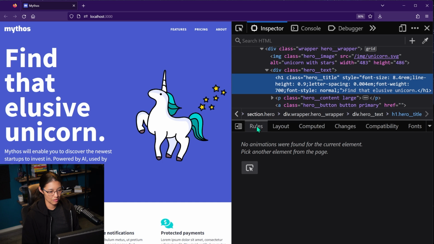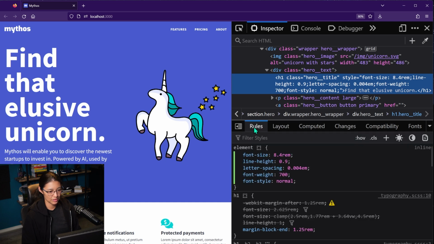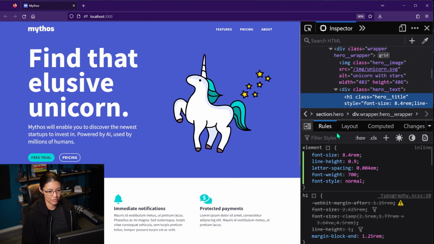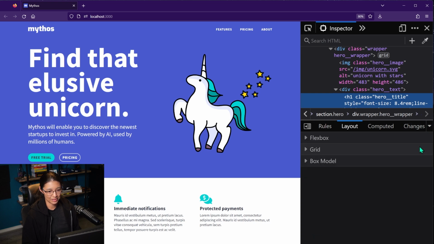All right, so going back here to the rules tab, a couple other things that I wanted to show you just in this top bar here: if you want to look at all the different tabs, let's say there's not enough room to show all of them, if you have a horizontal scroll wheel, then you can scroll through them. But if it doesn't work for whatever reason, you can click on this down arrow and then you can just select whatever tab you want.